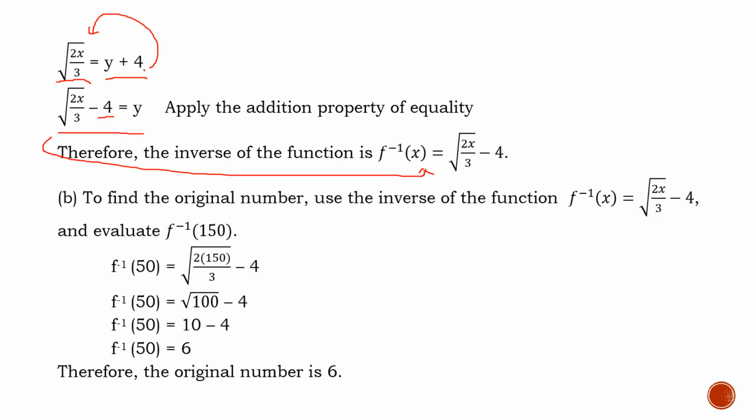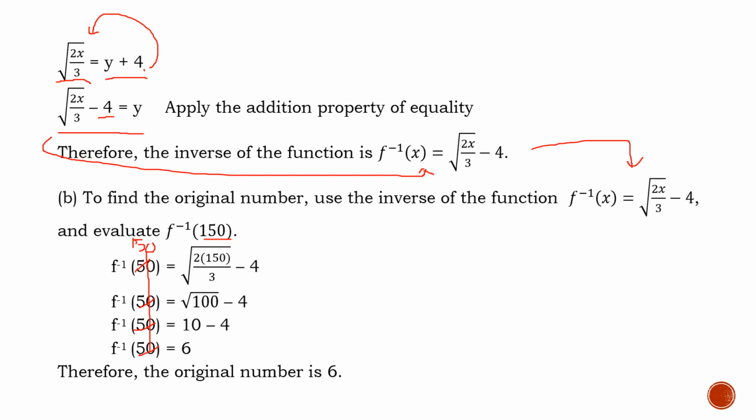So let's use this to find the original number, by putting 150 as the value of the x variable. There is a typographical error here, so it should be 150. So f inverse of 150 will be equal to